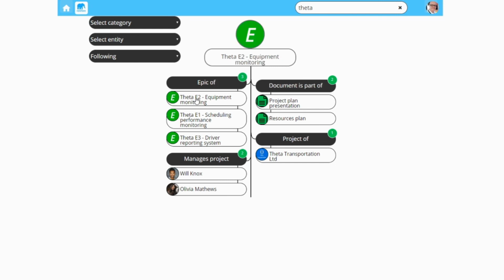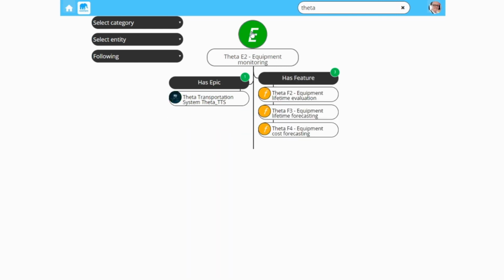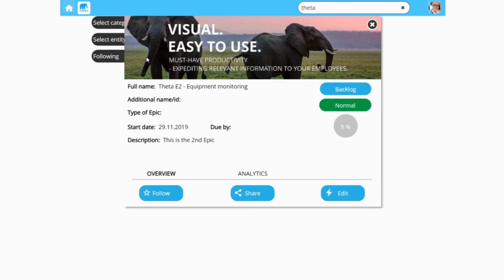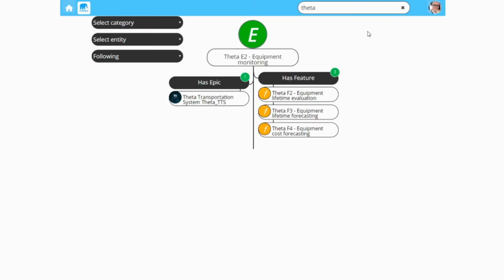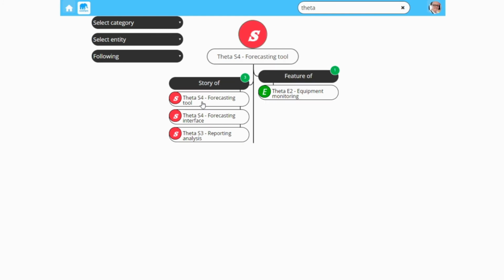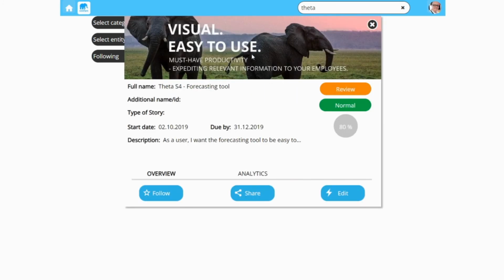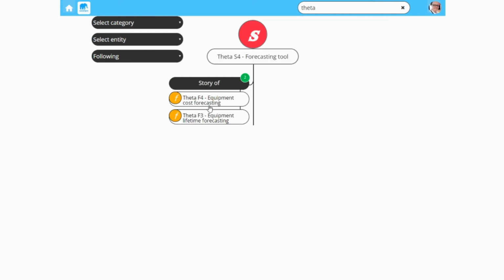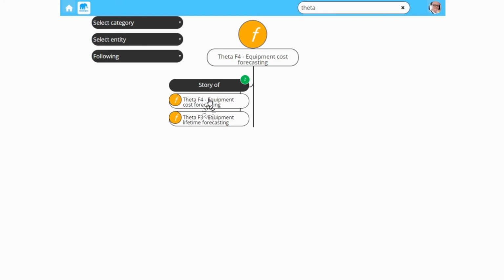At the same time, we can go and look at these epics that we were working on previously, and the information automatically refreshes. And again, we can go and check out this part. So Theta equipment, this was one of the epics. And we can go and look at these features here. Now we have stories coming up that are associated. And if we don't have anything else, here we have the basic information that we need. And we go upstream again,